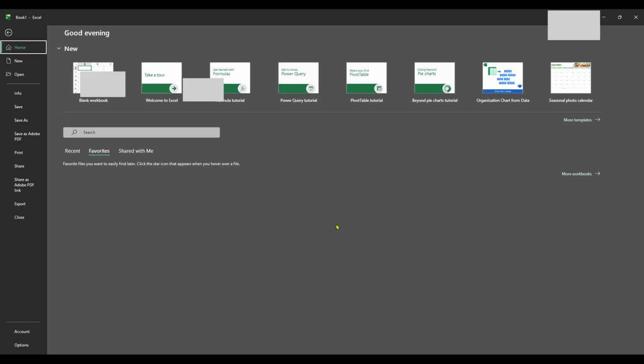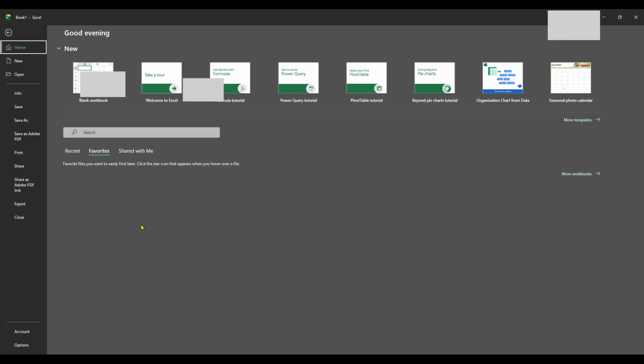First things first, make sure you have your Microsoft Excel application opened up and ready to go. Once Excel is up and running, the next thing you'll want to do is open a document. Any document will work, whether it's a new or existing file, because what we're looking to change is a setting within the application itself, not the individual files.